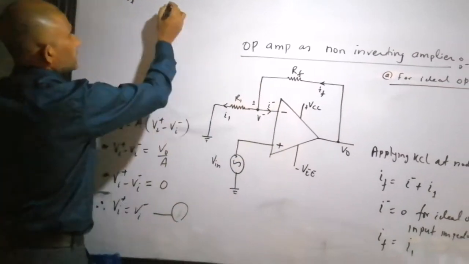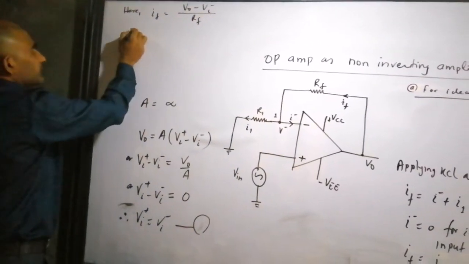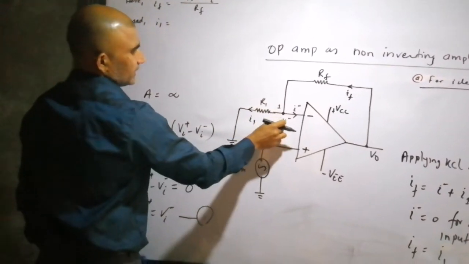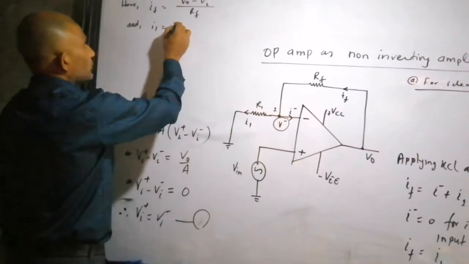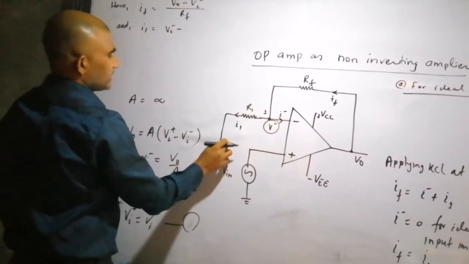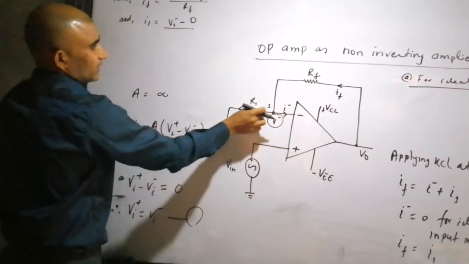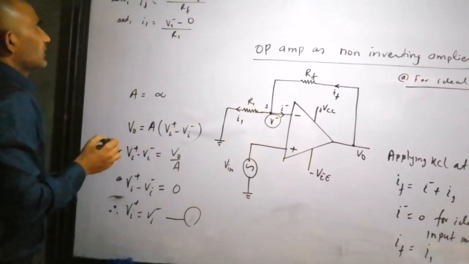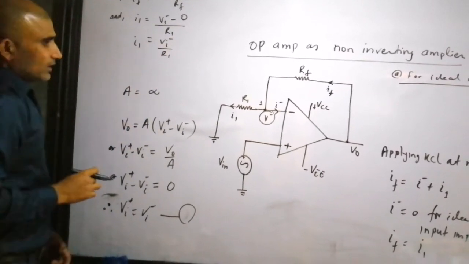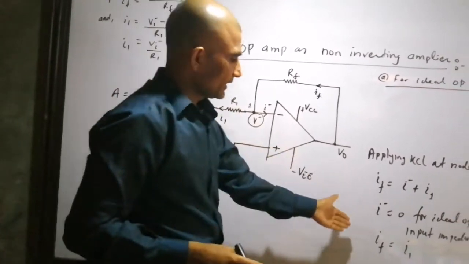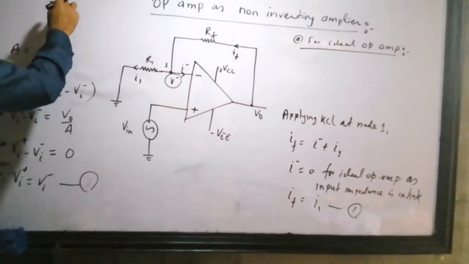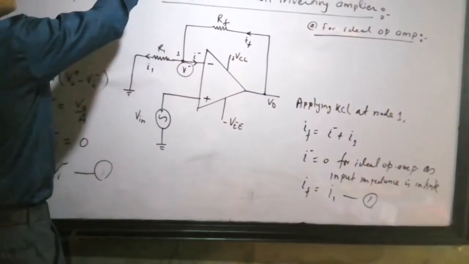Between those two points there is the feedback resistance RF, and we get I1 equals the potential of this point, which is Vi minus, so I write Vi minus, and this is connected to ground, and the potential of ground is 0, upon the resistance between this terminal, R1. So we got Vi minus by R1 as the value of I1 and IF. And these two values, if I put them in this equation, this was our first equation, if I put that in equation 1, then what do we get?